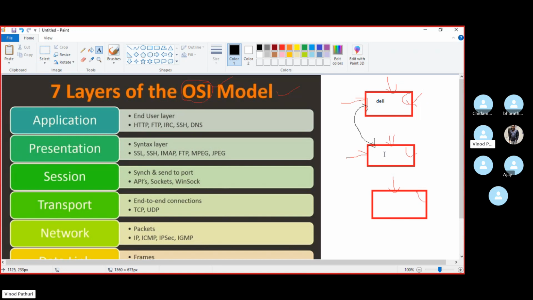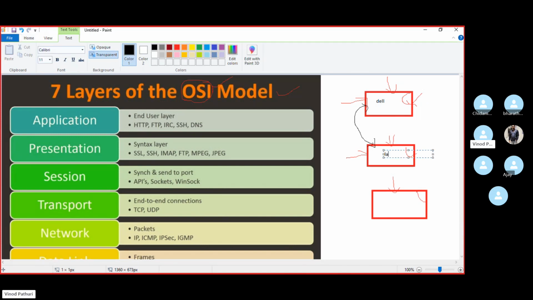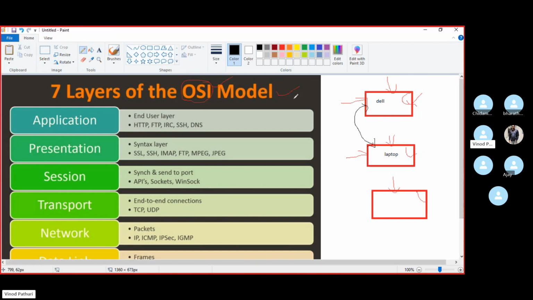This is the OSI model. It will stay with you in your regular work day; you have to deal with this model. You will not study it physically, but everything you do will be from this model only. Just let me know if you don't understand anything.